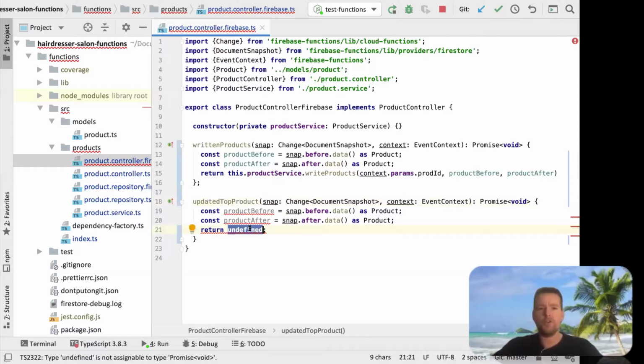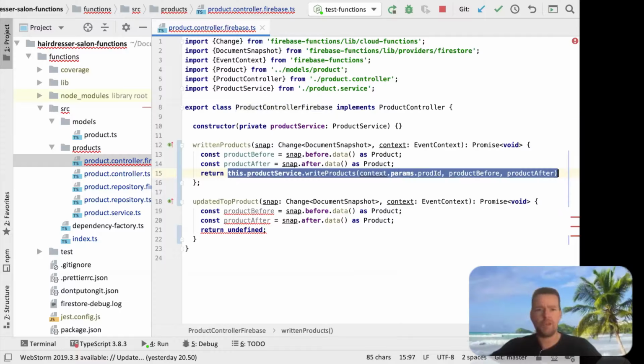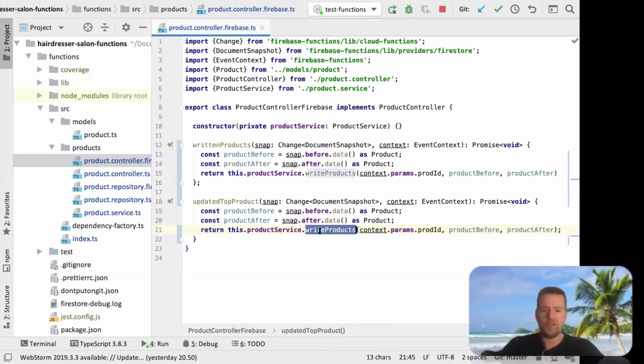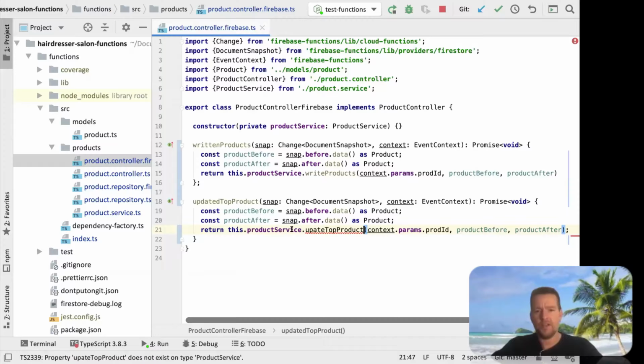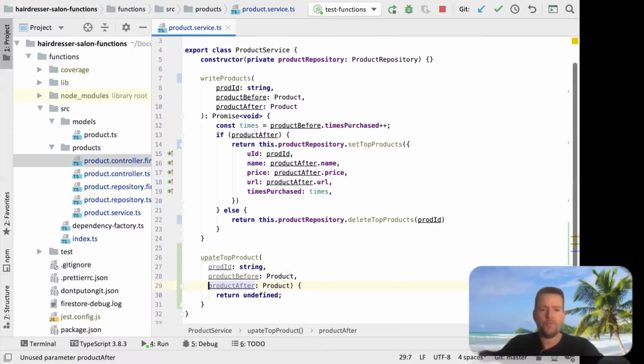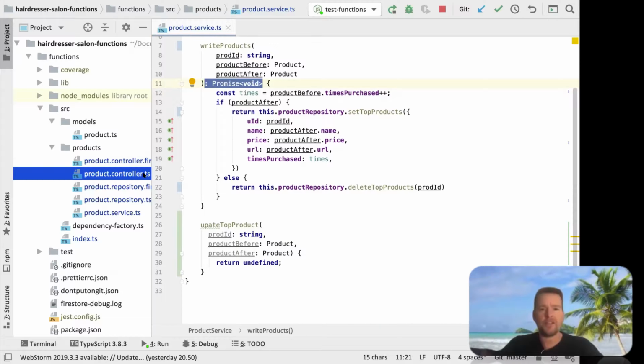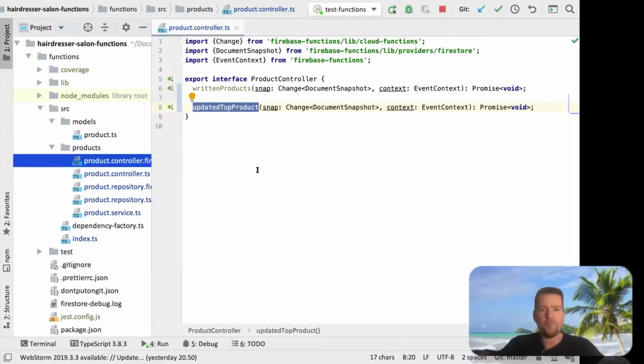And what I want to do is I want to create in my service a way to update these top products. So I'll make a new function in the service, update top product like this. And I'll send in everything again like I did before. I'll create this update right here. But there we go. And then next step will be, of course, I want to return a promise actually. And the reason I want to return a promise is actually that's something that is required by,